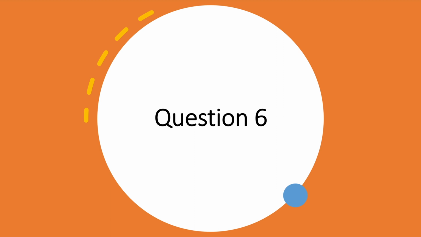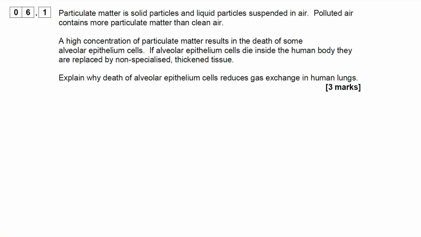Okay, now let's move on to question number 6. Particulate matter is solid particles and liquid particles suspended in air. Polluted air contains more particulate matter than clear air. A high concentration of particulate matter results in the death of some alveolar epithelial cells. So obviously if there's more pollution, there's more particulate matter in the environment, so that will damage our alveolar epithelial